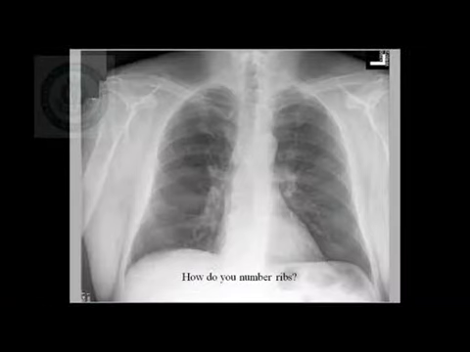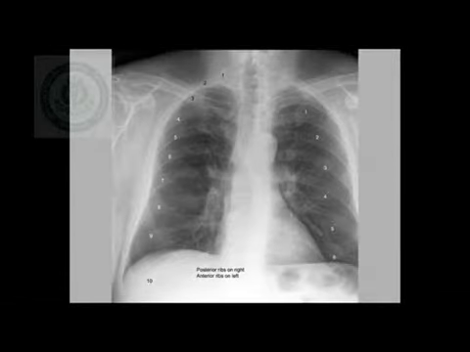Now can you identify the number of ribs on the anterior end and the posterior end with the chest X-ray? Yes, there is a numbering pattern. Posterior ends of the ribs are counted separately and the anterior ends of the ribs are counted separately. So you can follow the rib from the posterior end to the anterior end and identify, for a trauma case, which particular rib is diseased or fractured.